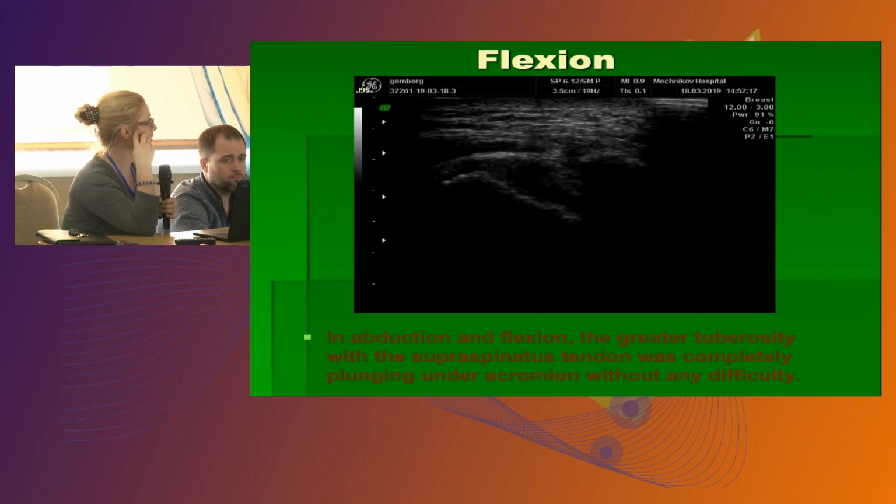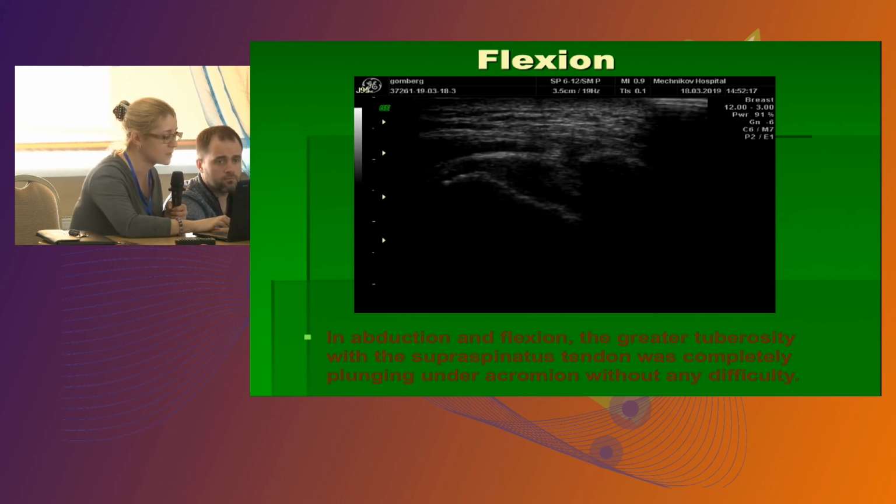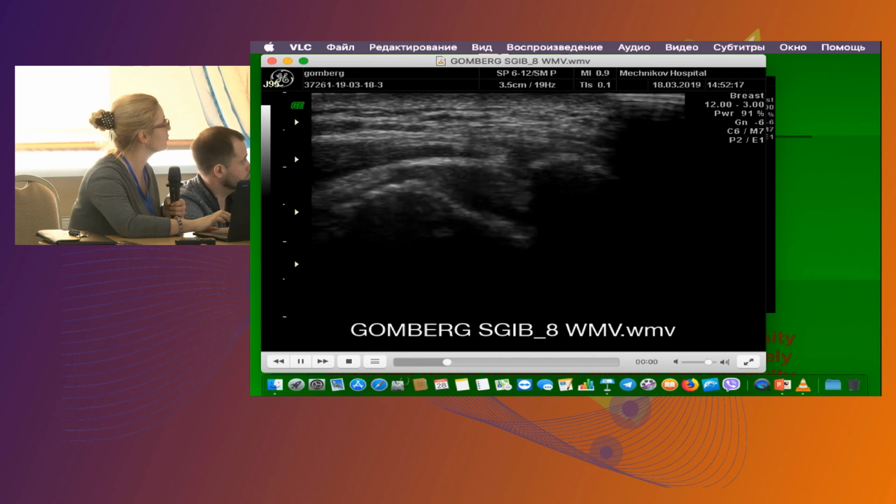And we see that the greater tuberosity with supraspinatus tendon is completely plunging under the acromion without any difficulty. And now I'll show you that motion. As you see,